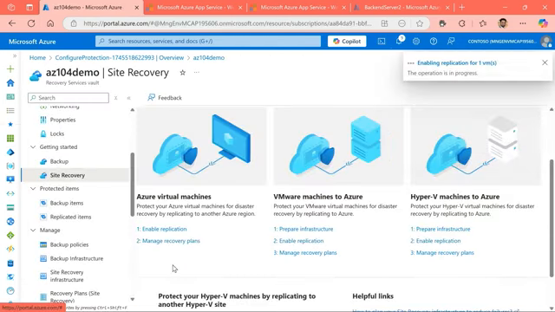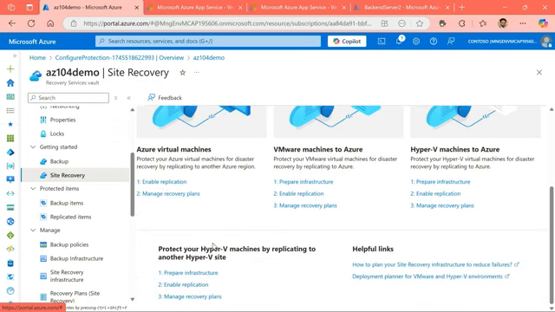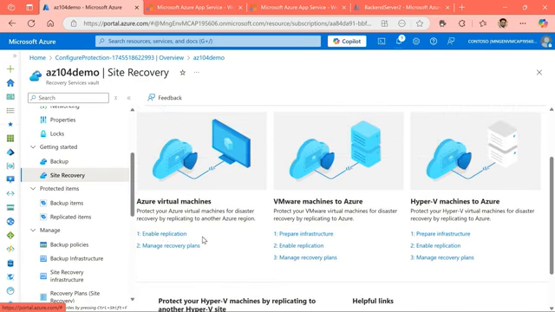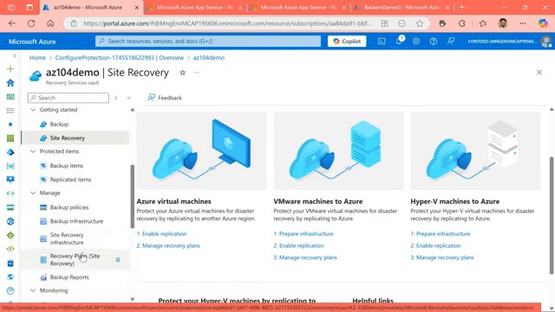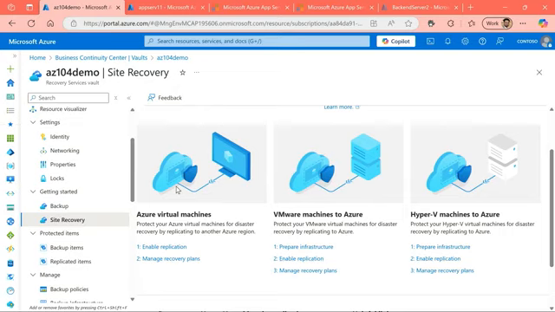All right, seems like it's created the deployment, and it's enabling the replication for that one virtual machine that we have. I should be able to go and look at some of the details around this over here. As we've enabled Site Recovery, this will take some time to complete. So in the meantime, what we can do